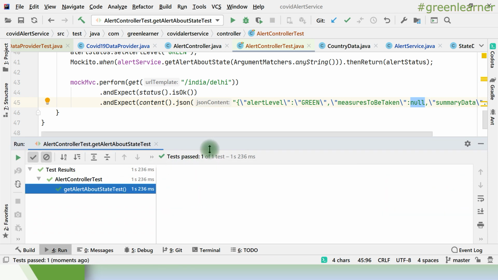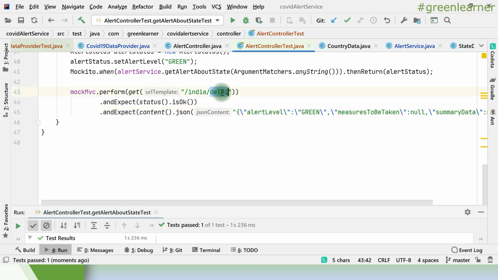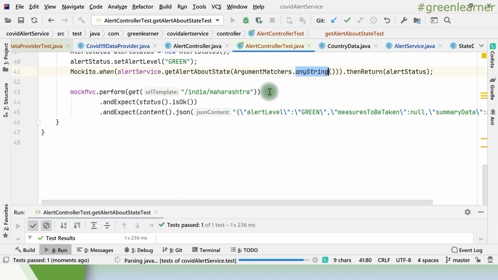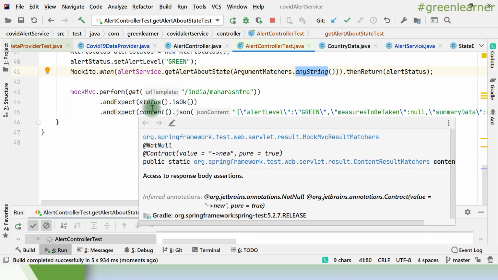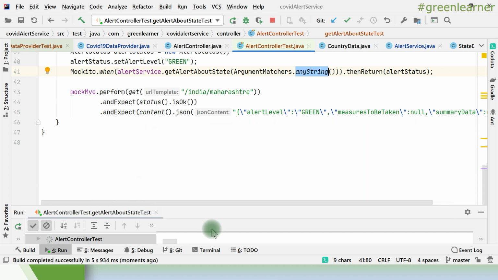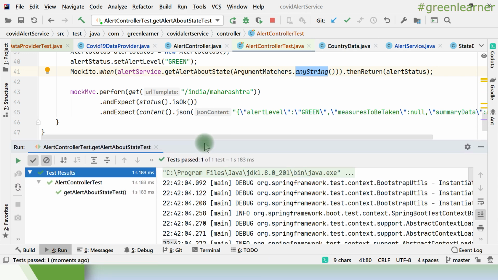Yeah, so the test is passing now. So if I say this India and state Delhi is working properly, and expect the status, all of this is working. Under state I can pass any other string as well, Maharashtra. So it is not comparing this state in general, right? Any string I gave it is going to give me the green label now, because we are just comparing that part, the client coming to the controller, and the controller is tested in the unit test part, right? So this is the important point to understand.